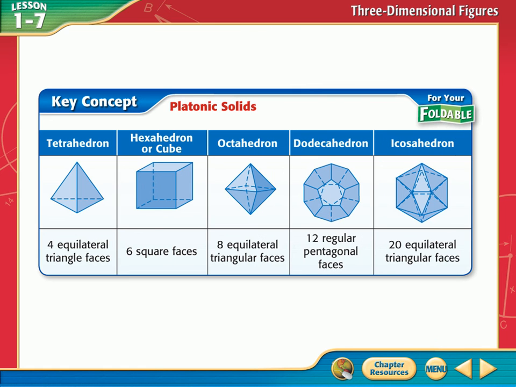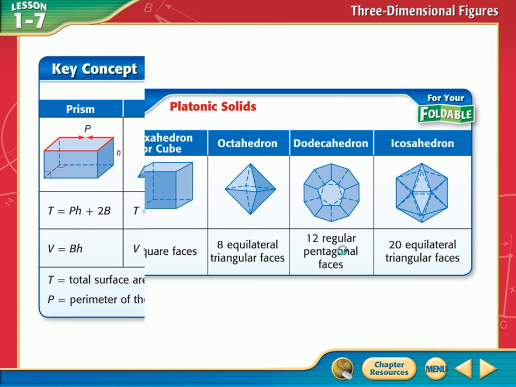Oh my goodness! Look at all these crazy things. I'm not going to worry about these words. Don't even worry about it. Dodecahedron. An icosahedron. Well, there it is. Dodecahedron. It's a solid with 12 regular 5-sided figures. We're not going to worry about that. Let's keep going.